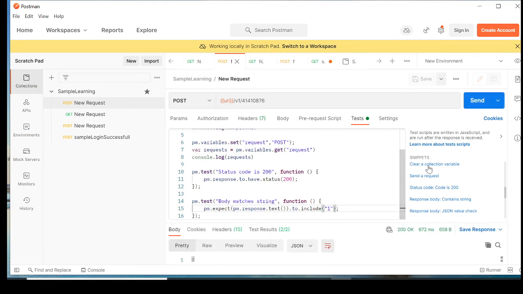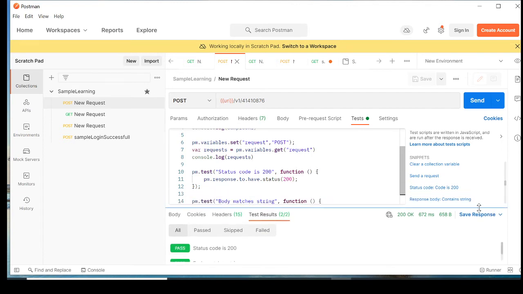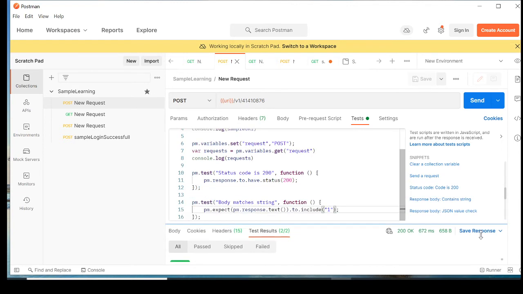See, it is passing. There are two assertions that have been done this time. The first assertion is status code 200. The second is that the body matches the string. This is how you can validate your response. Suppose you are trying to handle one big service where you have been passing your ID, name, XPath. Sorry, not XPath. I have just gone to some other level.